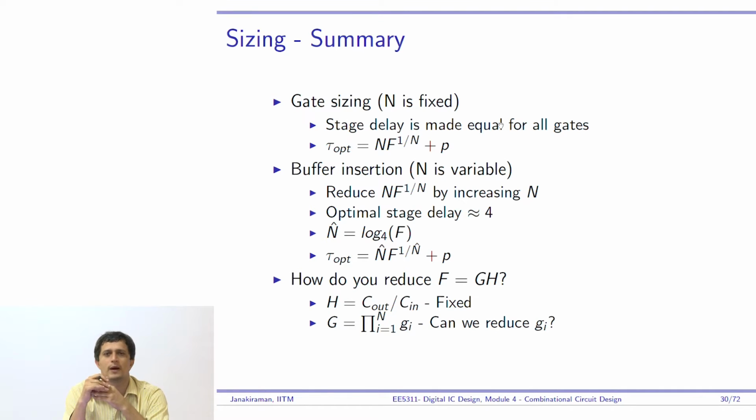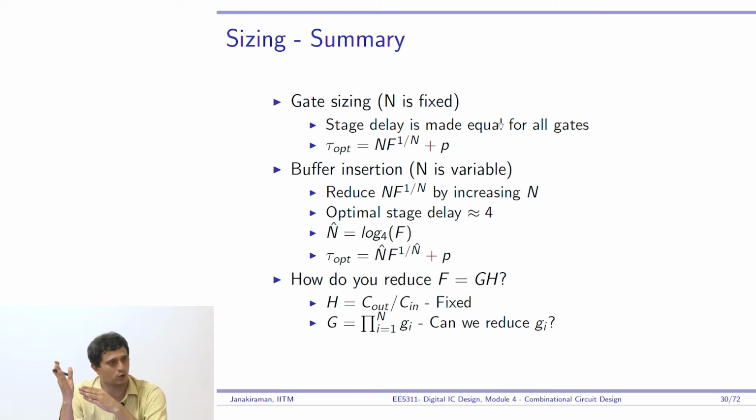power 1 by n plus p, right, where p is the parasitic effort, and f is the stage effort, where f is equal to capital G into H, path logical effort into path electrical effort, which is output capacitance by input capacitance, right. Now, on the other hand, if you have very few gates in the path which is